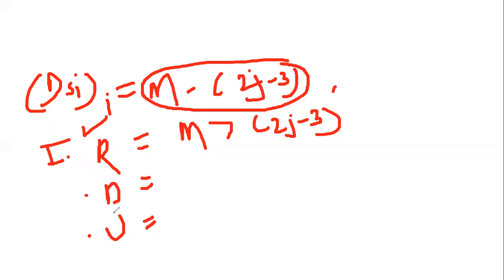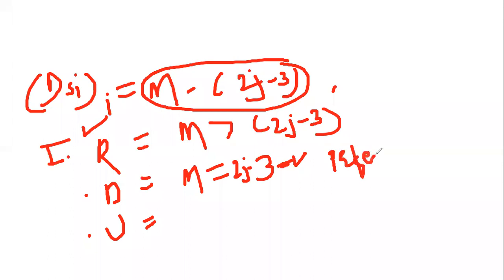Okay, what will be the condition for internally determinate? Internally determinate: m is equal to 2j minus 3. Yes, it should satisfy this condition. So this is the internally determinate truss, which we also call a perfect truss. Why perfect? Because there is the perfect, optimum number of members to make that particular truss stable. Okay, when will the truss be internally unstable, Harshal?